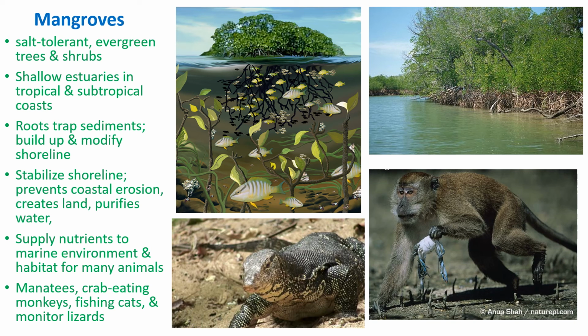environment for a variety of marine, coastal, and aquatic as well as semi-aquatic animals, as well as different other types of organisms. I can list several examples. I'm showing two unique species. One is this crab-eating monkey. Those monkeys, those primates, actually dive into water simply in search of crabs, and they can remain underwater for quite a long time too. And also there's the fishing cat, a carnivore that is really good at diving and catching fish